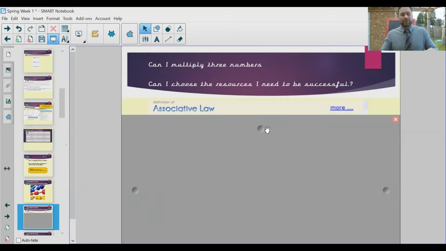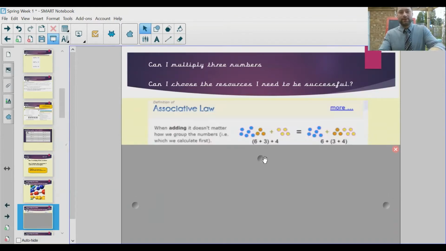I'm going to reveal what associative law means. So when adding, it doesn't matter how we group the numbers. For example, it doesn't matter what we calculate first. So in our picture here, we've got 6 blue dots, 3 orange, and 4 yellow. Okay, we've done 6 plus 3, and then we've done plus the 4, and that's given us the number of